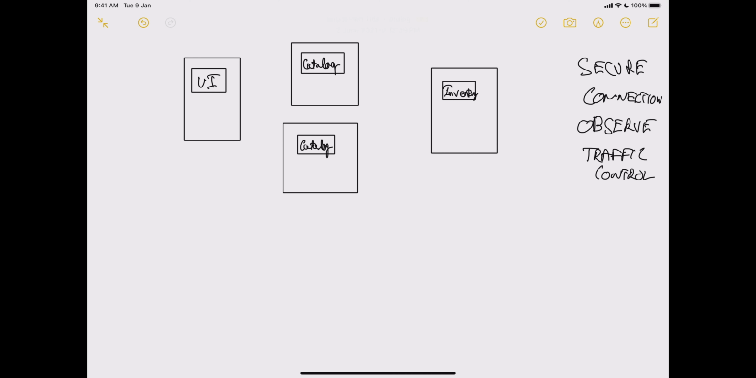So here I have moved our microservices inside a pod. So each of these big boxes is a pod. That is what happens when you create a container or deploy a service. So everything gets deployed inside a pod. And now